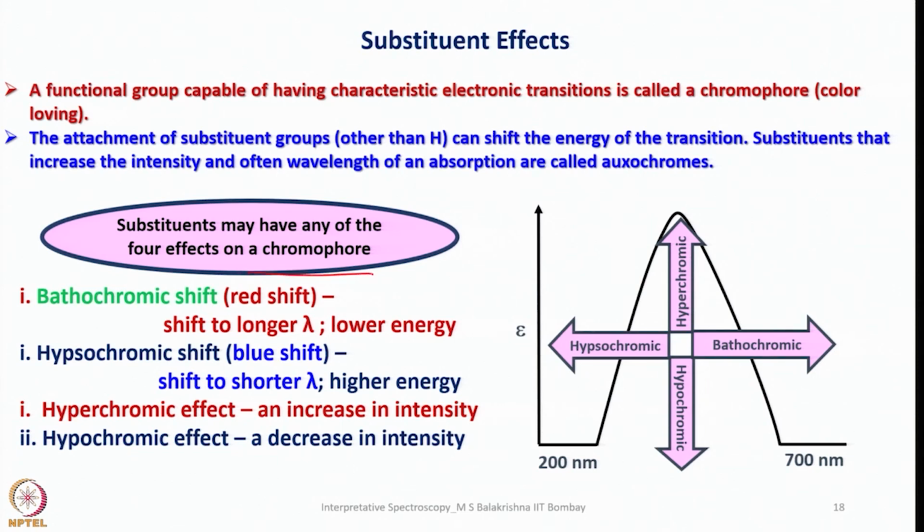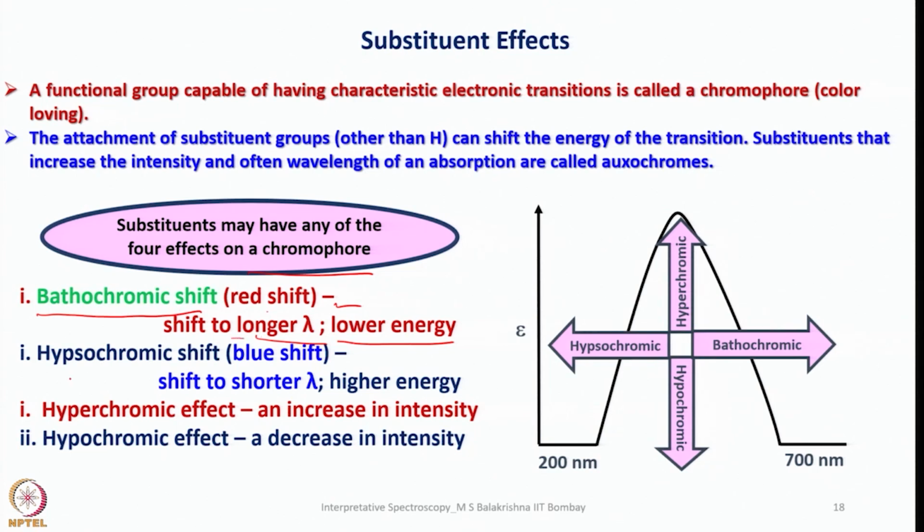Okay. What is that one? We call it as bathochromic shift. That's also known as red shift. What happens in this one? Shift to longer wavelength. When it goes to longer wavelength means probably we are thinking of decreasing the gap between HOMO and LUMO. So then it requires low energy. That's the reason it's called bathochromic shift or red shift, or shifting to longer wavelength, or it's a low energy